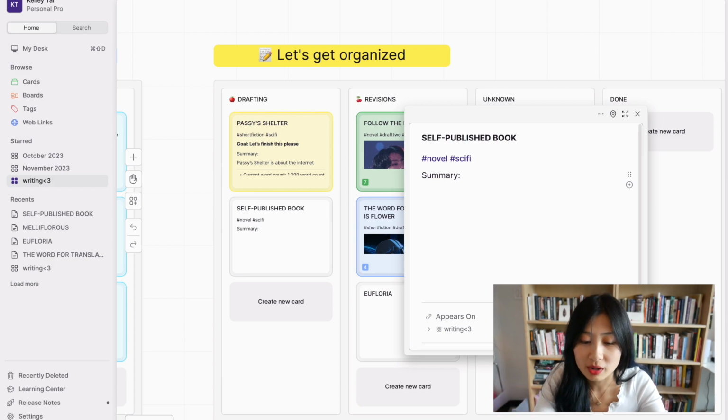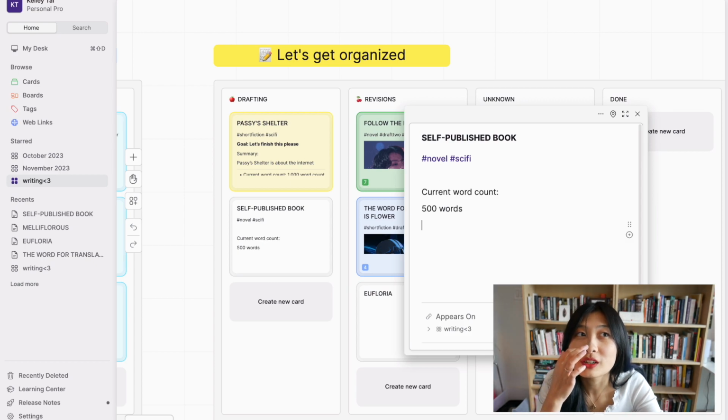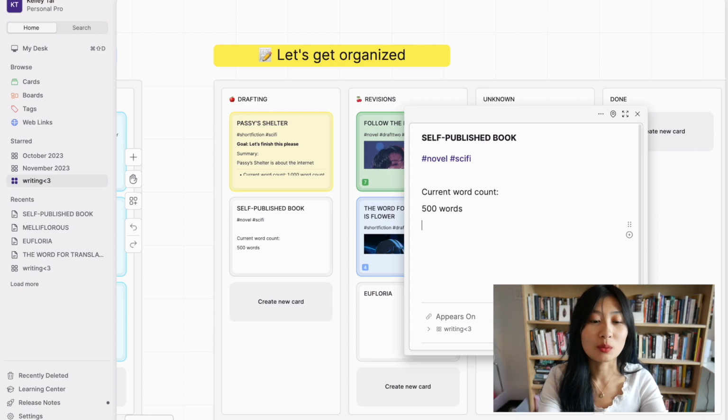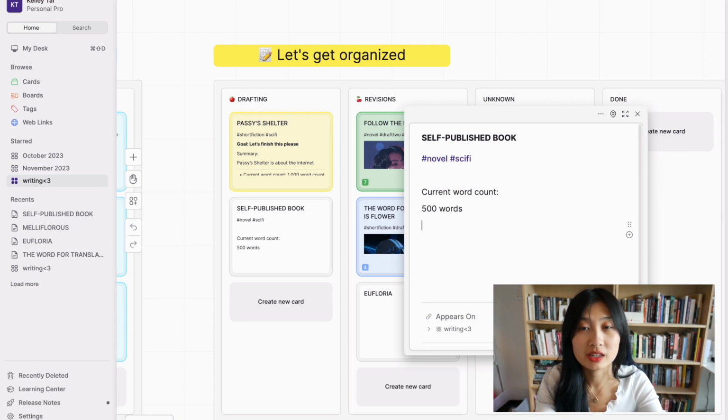Okay, I just want to make clear, I want to be hybrid. Summary, I'm not going to write anything. The problem with this book is that I wanted it to be fun and I wanted it to be like a TikTok romance, except science fiction. But I'm not going to market it as science fiction because I think that's scary to people. I was going to say speculative, but